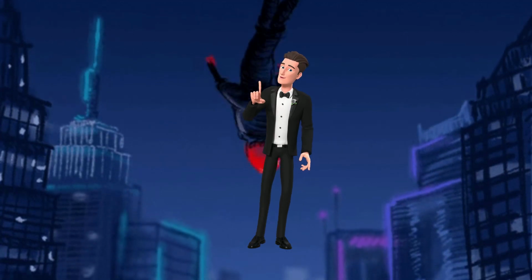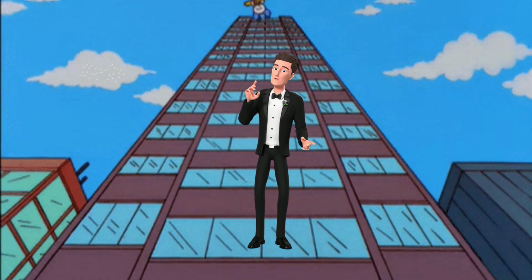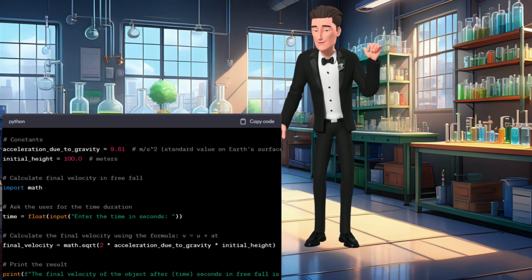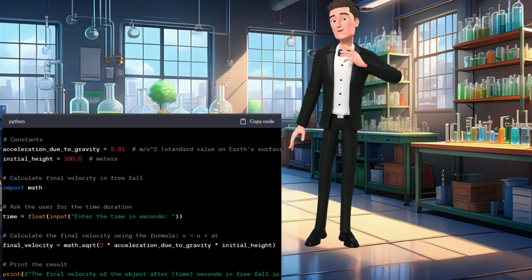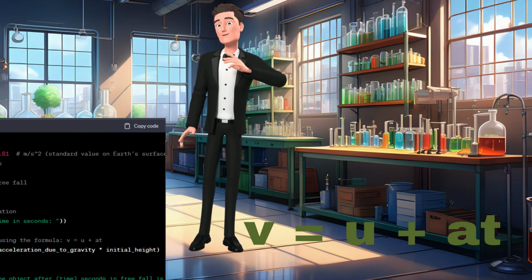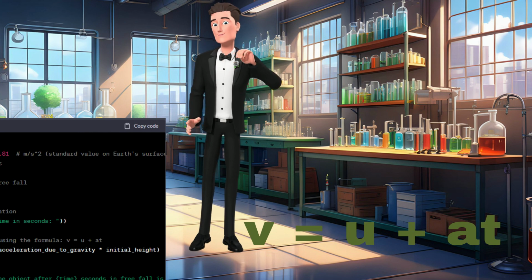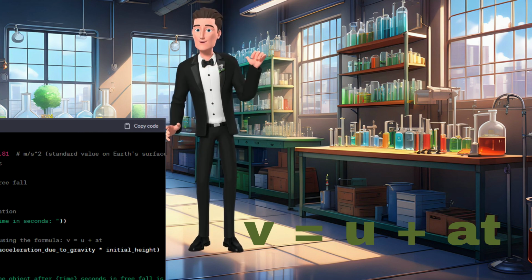Here's a simple example of how Python can be used in physics to calculate the velocity of an object in free fall. In this example, we use Python to calculate the final velocity of an object in free fall after a given time period. We use the formula v equals u plus at, where v is the final velocity, u is the initial velocity, which is 0 in free fall, a is the acceleration due to gravity, t is the